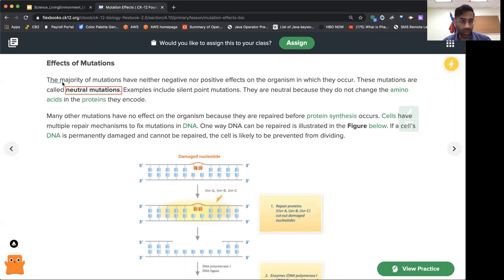The majority of mutations have neither negative nor positive effects on the organism. And so that is our definition that goes along with neutral mutations. It might surprise you to know that. That's our first type of mutation. And many other mutations, they say, have no effect on the organism because they are repaired before protein synthesis occurs. I'm going to box this term as well in red, protein synthesis,